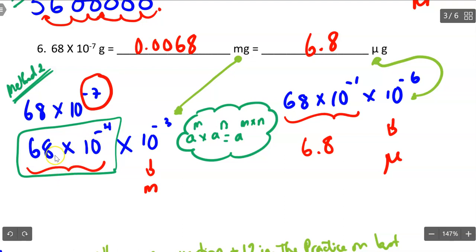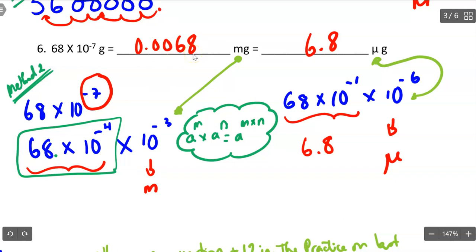Right here is the decimal point, and I am going to move it 4 places to the left because I want to make this number smaller. The exponent 4 tells me to move the decimal point 4 spaces, and the negative tells me to move to the left. But if you don't remember left or right, just remember that it's a negative, so you need to make the number smaller. By moving it 4 spaces, I end up with